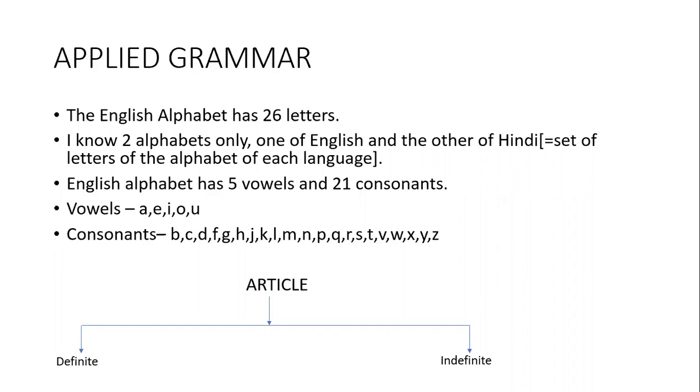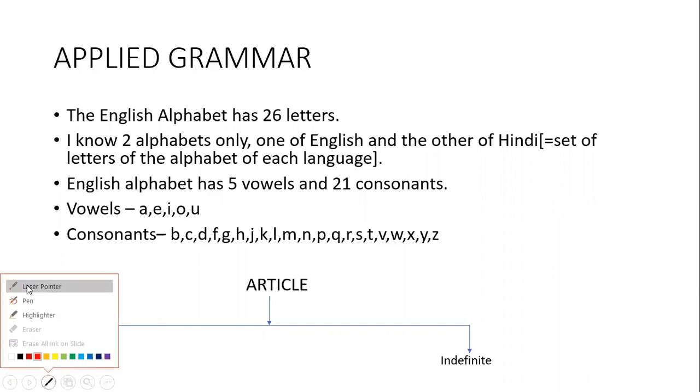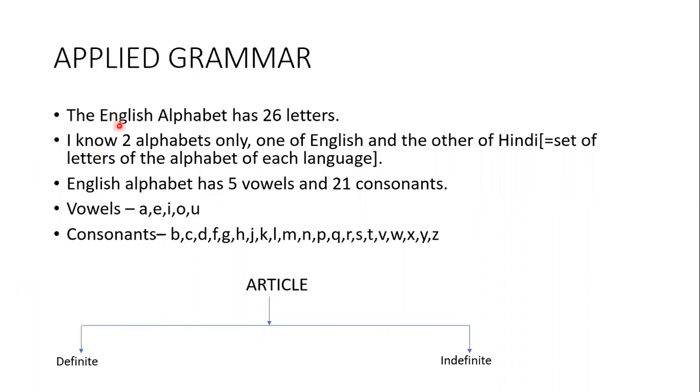So all of us know all that, but the application part is the most important part, which is required, which is tested. You are tested on the application part of grammar in almost every competitive exam, in the school level exams, in the board exams, and all the competitive exams. So this is very, very important. You have to be very clear about every concept of grammar. Now, let's begin with the English alphabet.